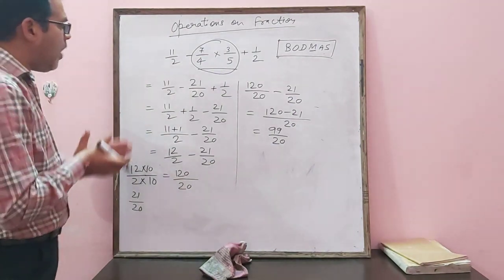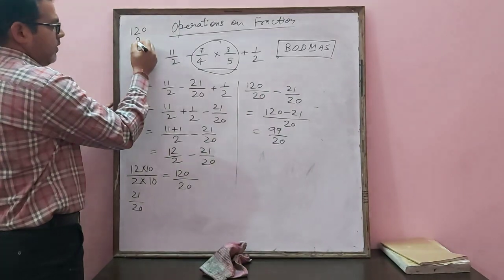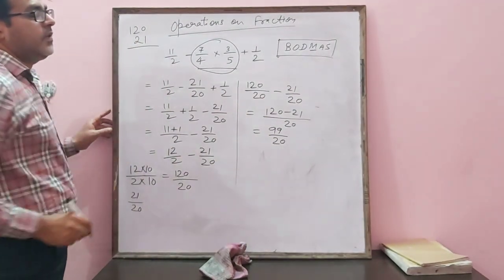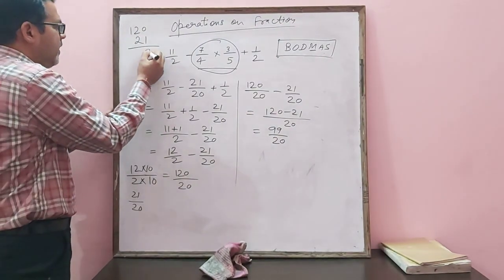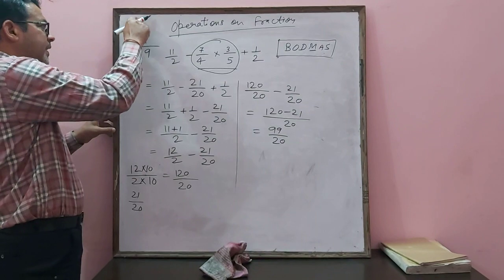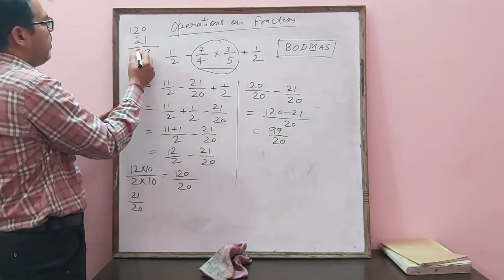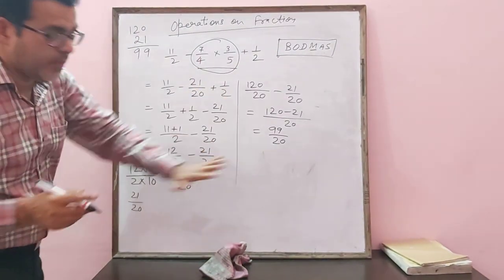If you don't know how, you can subtract like this. Here is 0, after taking borrow from here, 10 minus 1, 9. Now here is 1, after taking borrow from here, it is 11. So 11 minus 2, 9. After taking borrow, it is 0 now. So 99 will come here.